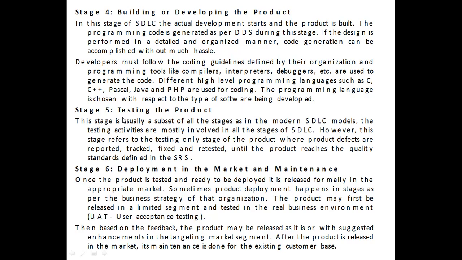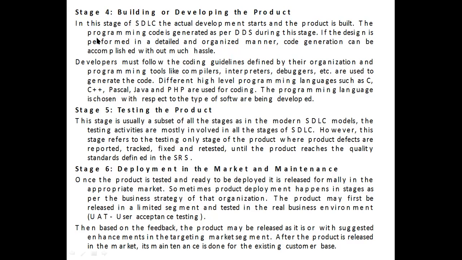Suppose we want to develop a web based application, then we use .NET, PHP, Java, meaning a language which can support web based applications. And if you want to develop a window based software system, then we use a window based programming language, for example Visual Basic, etc. So in the fourth stage of the SDLC life cycle, whatever design is selected is developed with the help of coding, in the development of the product stage.